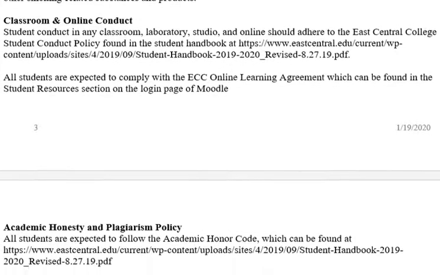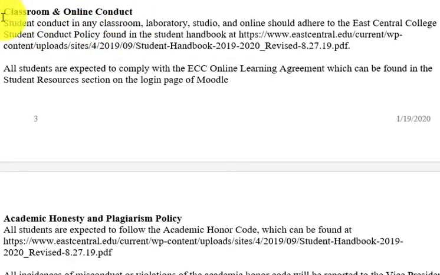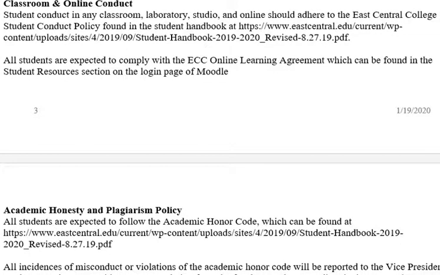Next, maybe addressing the section on classroom and online conduct. I've never had a problem with student online conduct, and I don't anticipate that that will happen, but there is a section in the student handbook that you can read to see what kind of behaviors are not allowable in an online class. That amounts to really anything incendiary, racist, insulting, but as I said, I've never had a problem in 38 years of teaching.